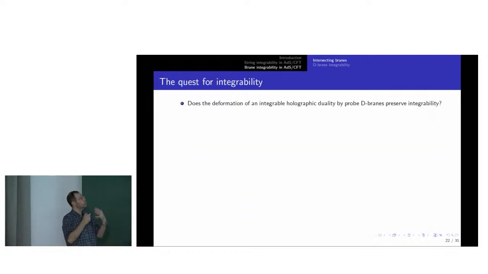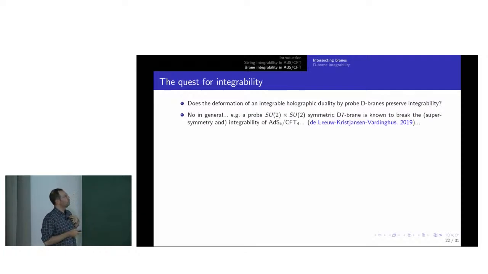And as I anticipated, we want to study integrability on the strongly coupled side of these dualities, namely on the string theory side, which of course entails open strings, ending on these D-branes that I showed you, having these embeddings that I showed you. And so the general question is, of course, whether opening the boundary conditions preserves integrability. So if we have boundary conditions which are closed and integrable, and we suddenly open them, is integrability of the strings preserved? And the answer is no,